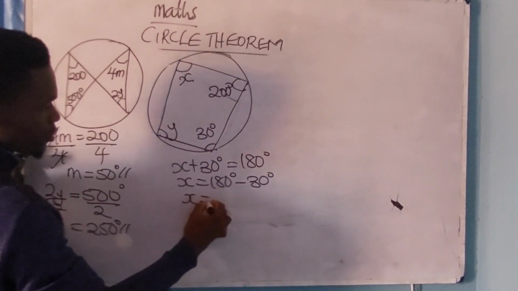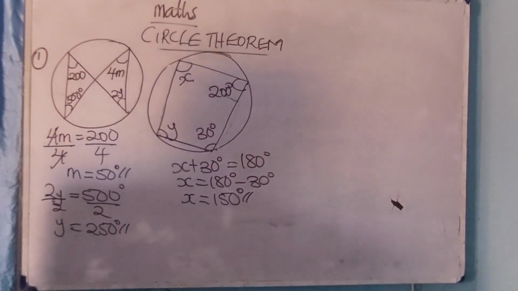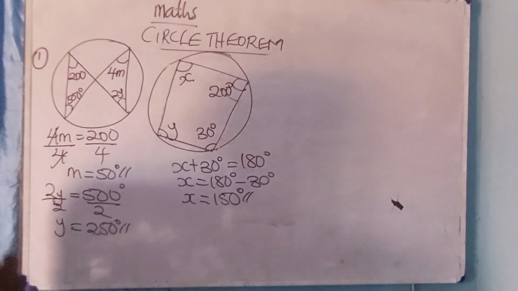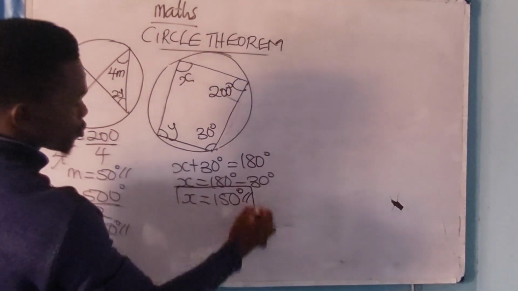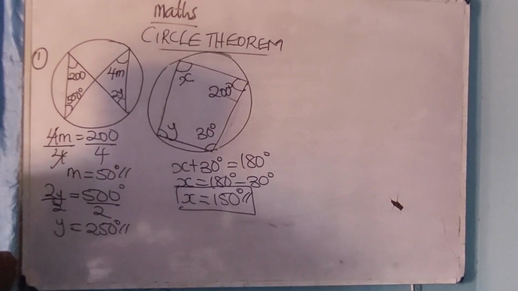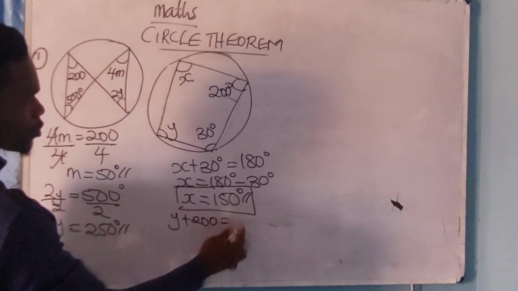Therefore, x equals 150 degrees. Opposite angles of a cyclic quadrilateral are supplementary. To look for the value of y, the same procedure is required. So y plus 200 equals